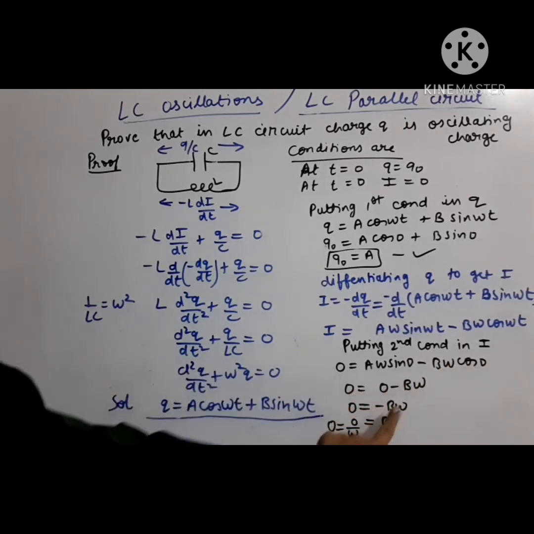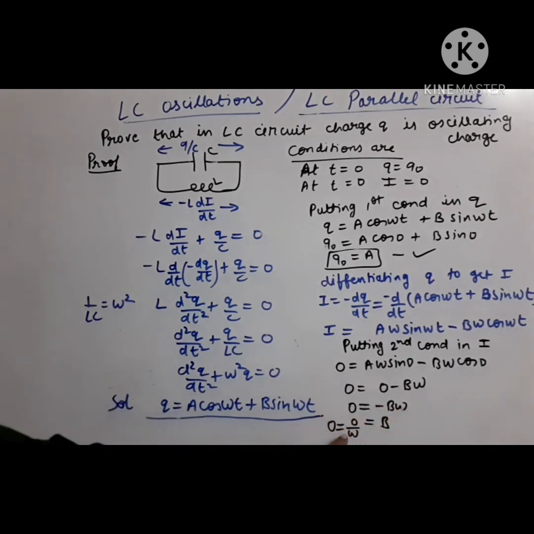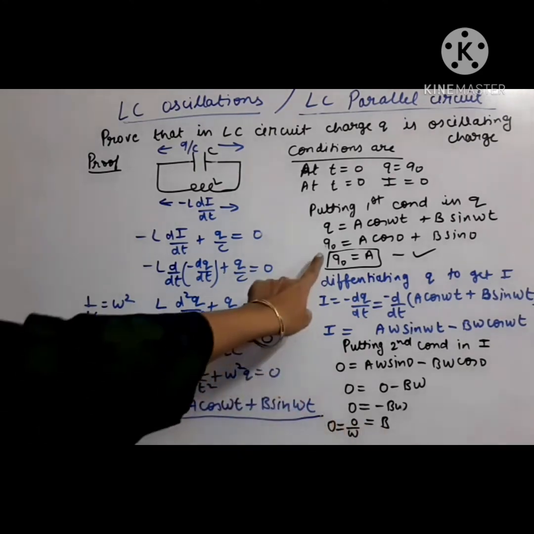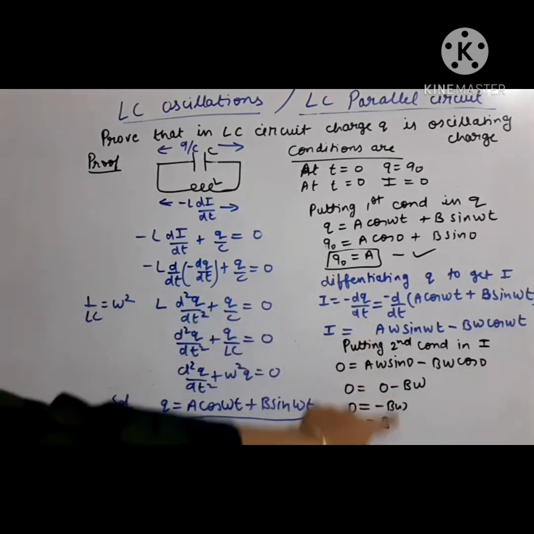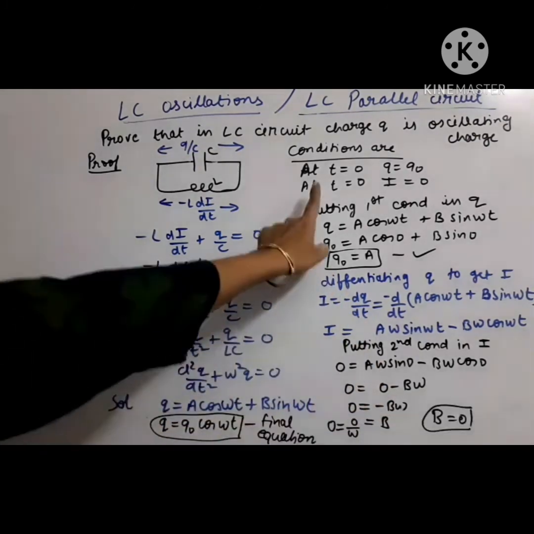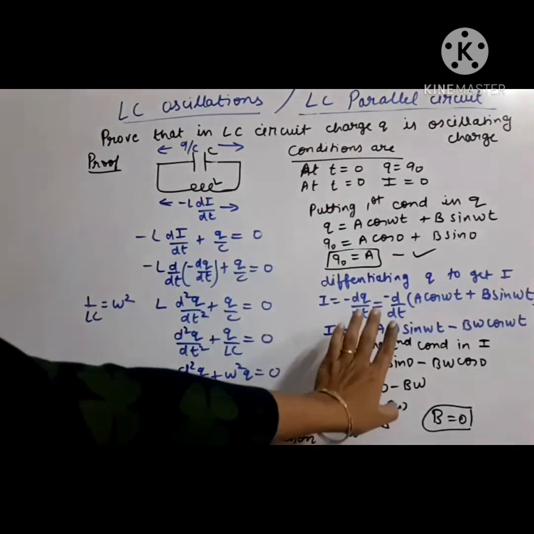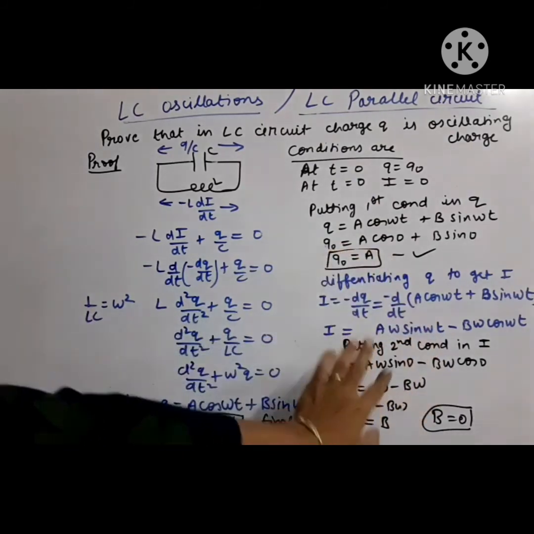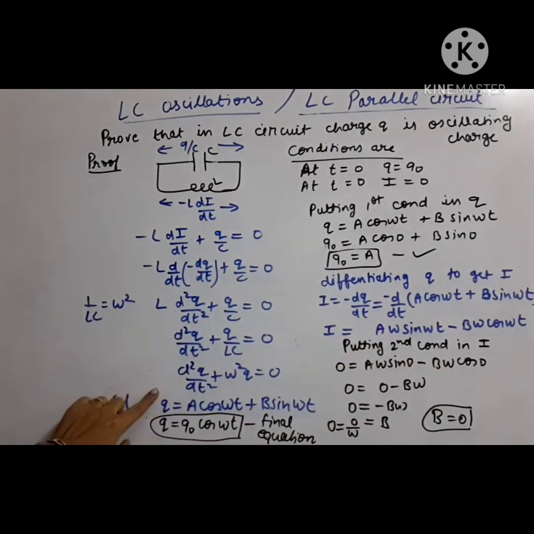Now 0 minus b omega is minus b omega, and we wanted b. So b is equal to what? 0 upon omega, and the minus sign is also there. So finally b is coming 0 only, since 0 upon something is 0. So the answer of a is obtained and the answer of b is also obtained. On this side of the board we have solved a and b. Let us substitute them where we wanted them.